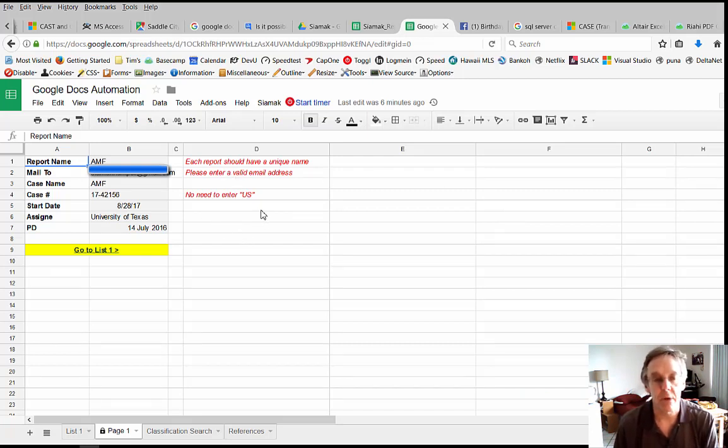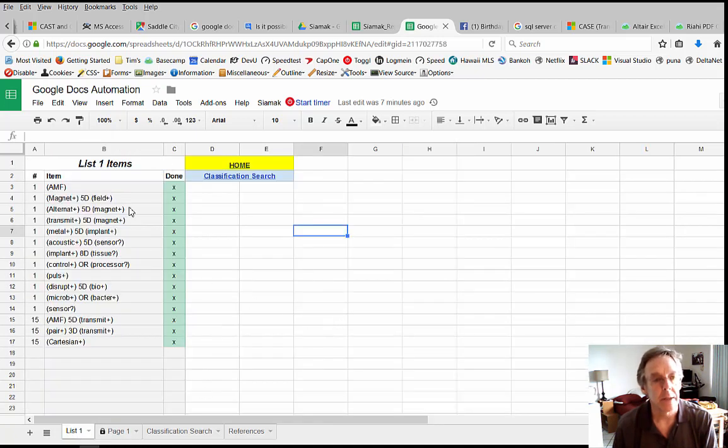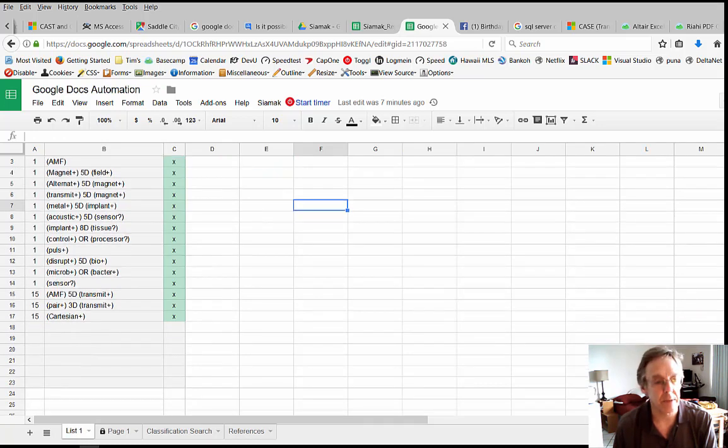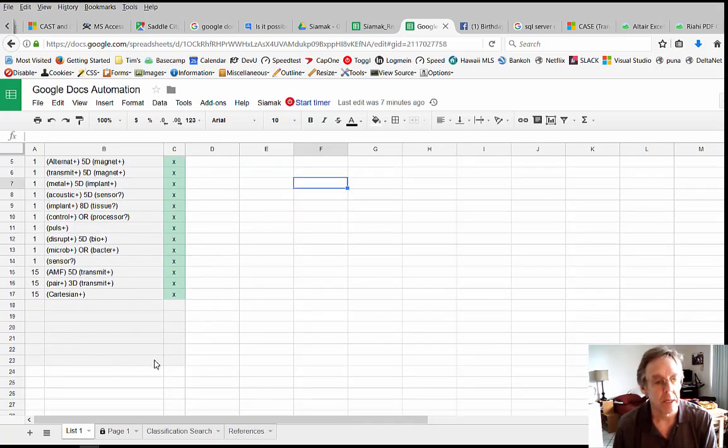It's pretty simple. The client wanted to have various pieces of information taken from a Google Sheet and put into a Google Doc and then emailed to whatever email he has in this box here, and then also a PDF would be sent as well. So as you can see here, there's just a series of boxes, but then on the next page there's a list, and he wanted the list to be of varying length, so he has up to 23 items here in